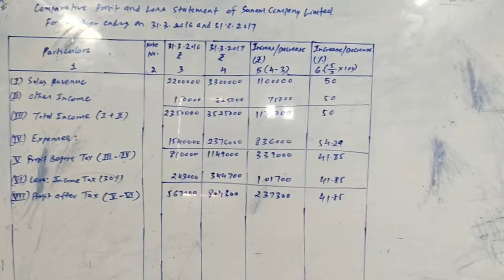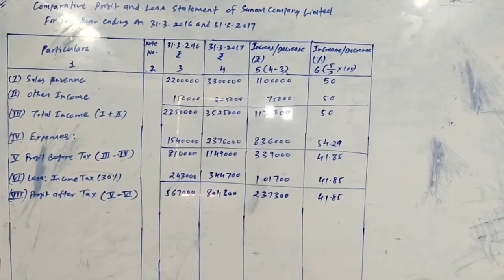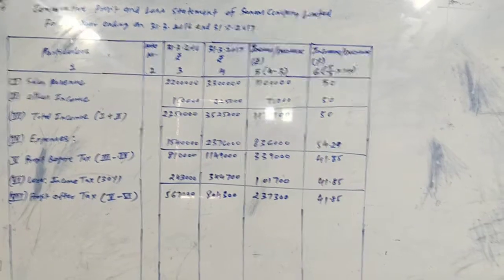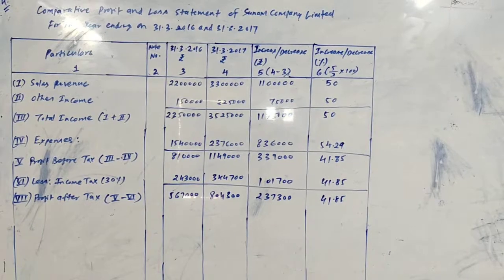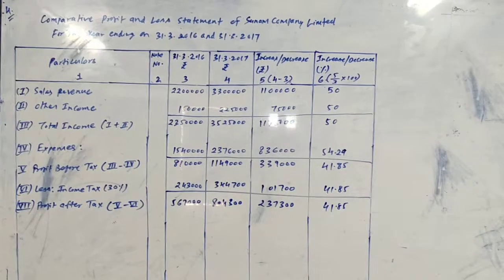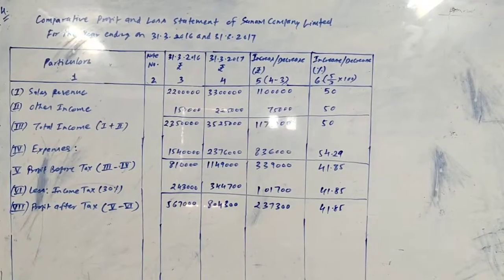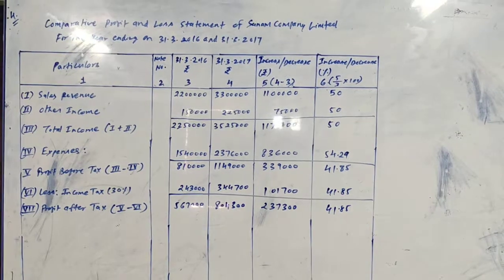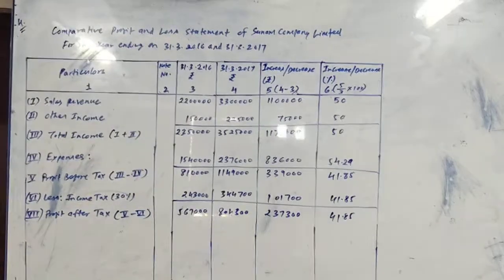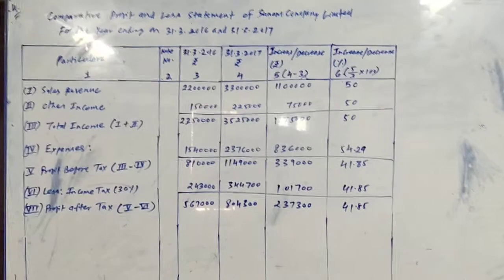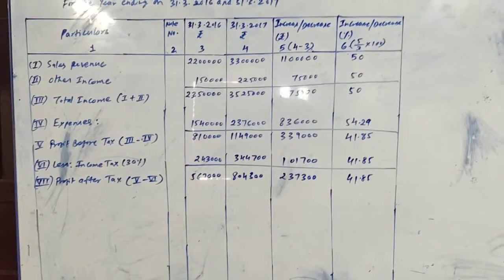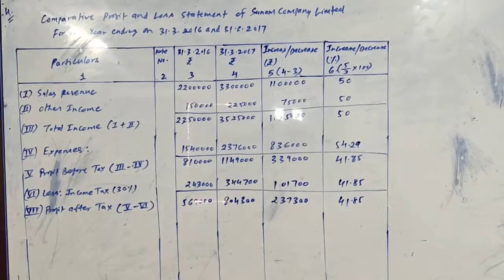So the difference of the two is the increase, which is how much? 3,39,000, right? So there's an increase of 3,39,000 in profit before tax. When we convert that in percentage, we do it like 3,39,000 divided by 8,10,000 into 100, and we get 41.85%. Okay friends, then comes the tax rate, given in the sum as 30%, so we will apply the 30% rate on the profit before tax everywhere.